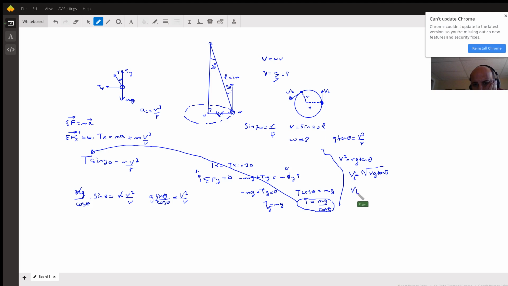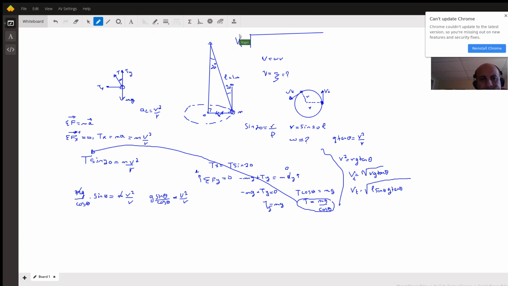So v tangential is going to be the square root of L sine theta g tan theta. So Vt, V tangential, I'm going to write it down here because I'm running out of room, is equal to the square root of, and we'll enter all these values,